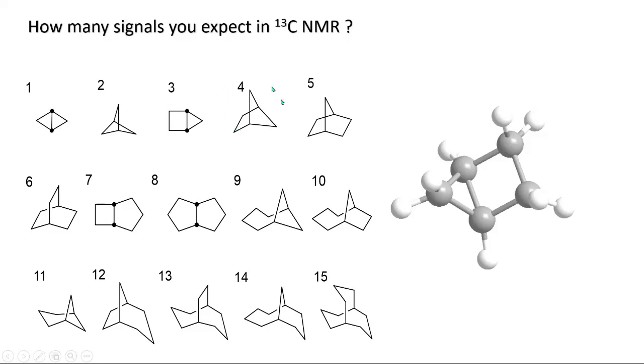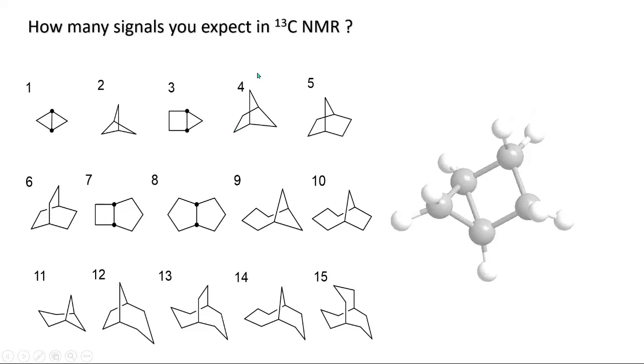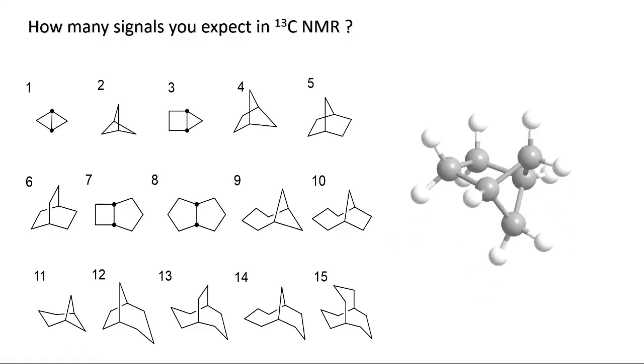So if you calculate for this molecule, now I will go for the 3D version of that. You can see if you pass a plane from this carbon to this, if you bisect a plane by using this carbon and this carbon, this carbon, this carbon and this carbon will have C13 NMR. So we will get 1, 2, 3. You can see here also for this CH2, for this carbon we will get 1 signal, for this carbon we will get 1 signal, and for this carbon we will get 1 signal. So total 1, 2, 3 signals for this molecule.